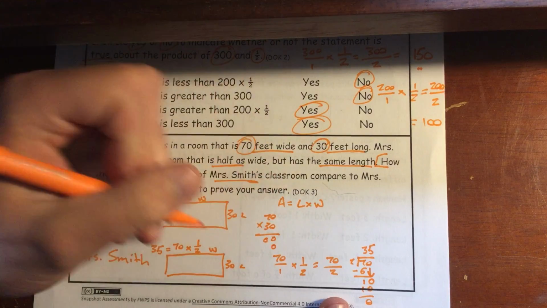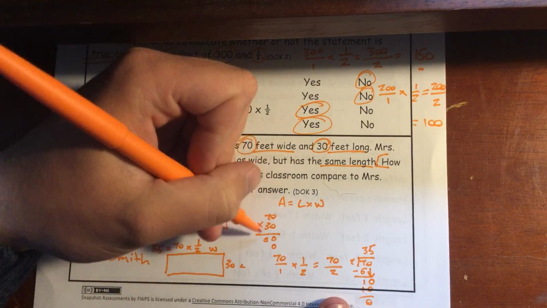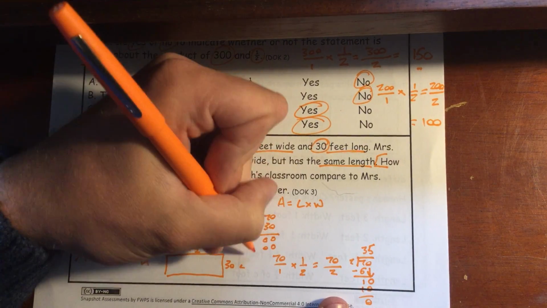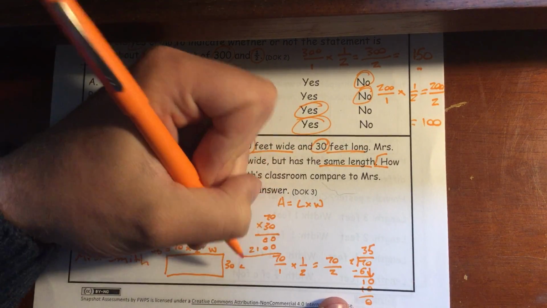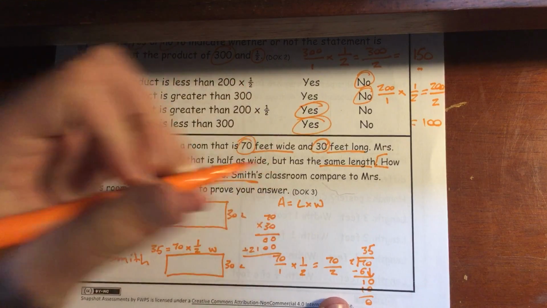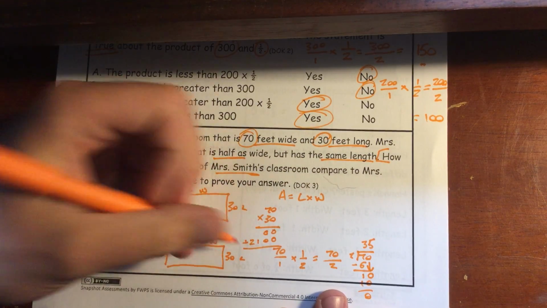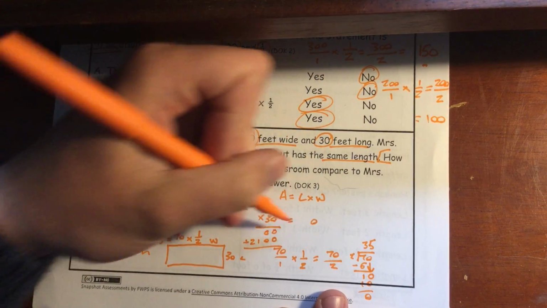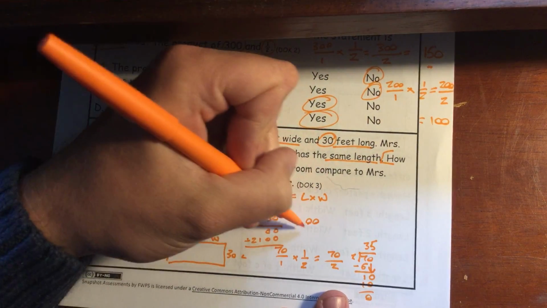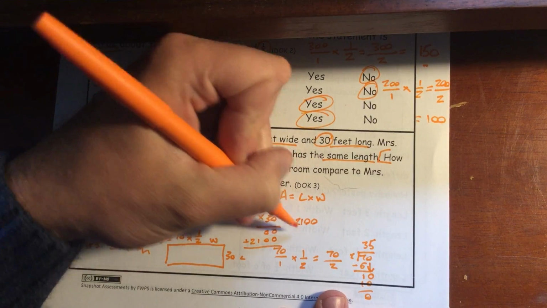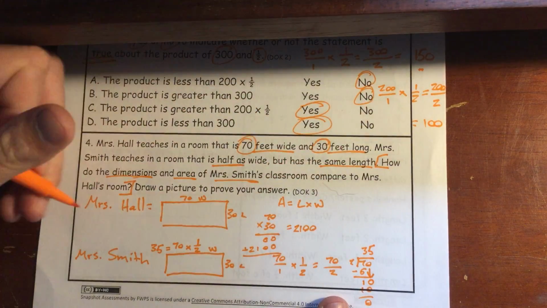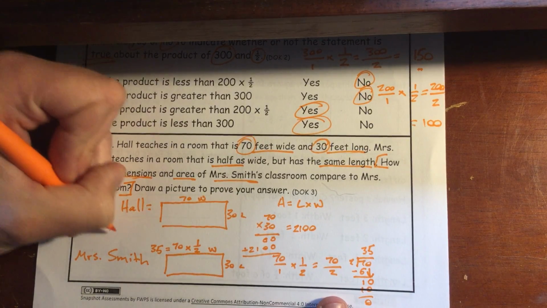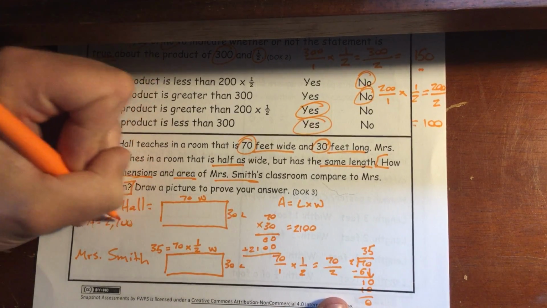I'm going to leave that 0 in my ones place because we're starting in our tens. 3 times 0 gives me 0, and 3 times 7 gives me 21. Now I'm just going to add these up. I kind of got my work smushed up here, but I know this is going to be equal to 0 in my ones place, 0 in my tens place, 1 in my hundreds, and a 2 in my thousands. So for Mrs. Hall, her area is going to be equal to 2,100